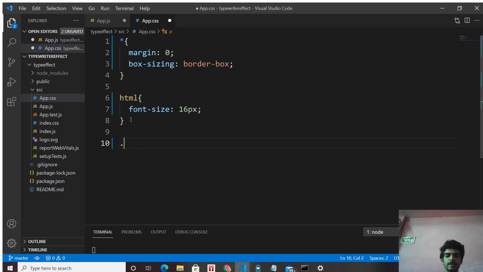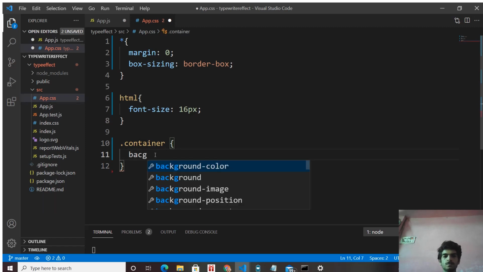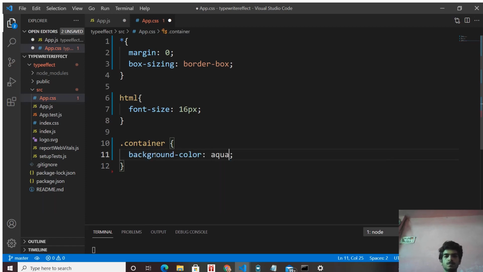Let's select the main container and give background color aqua. Now select the headings of our container.